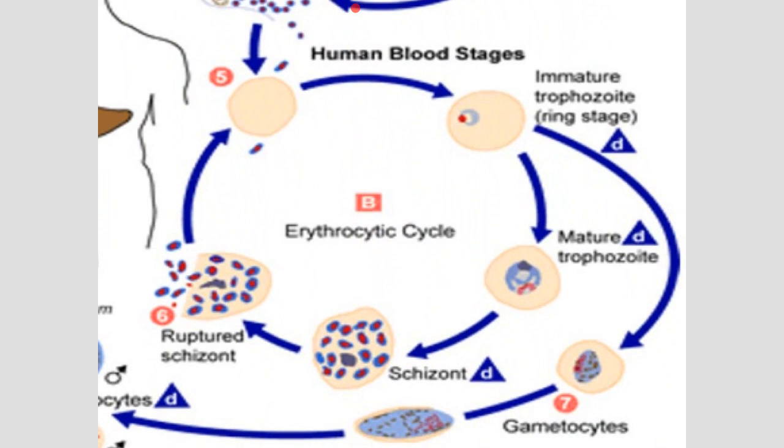Okay. Common understanding: you get a mosquito bite, it's going to go into the blood, right? But it's not going to go into the red blood cell. It's going to go to the liver. Then once the schizont breaks, it will go and infect the red blood cells, and you can see the erythrocytic stage, and that's where we'll see the immature trophozoite.